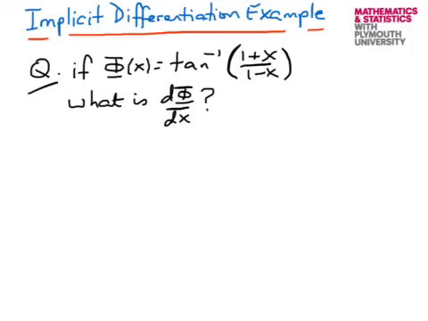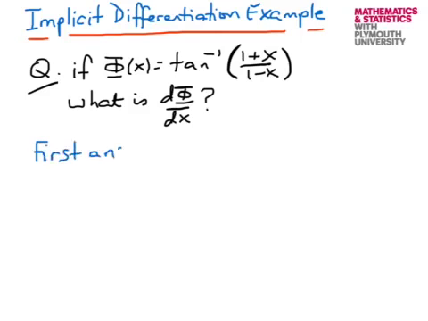So in this video I want to ask the question, if phi of x is the arctangent, the inverse tangent of the ratio 1 plus x divided by 1 minus x, what is d phi dx? And I'm going to answer the question in two different ways. So the first answer